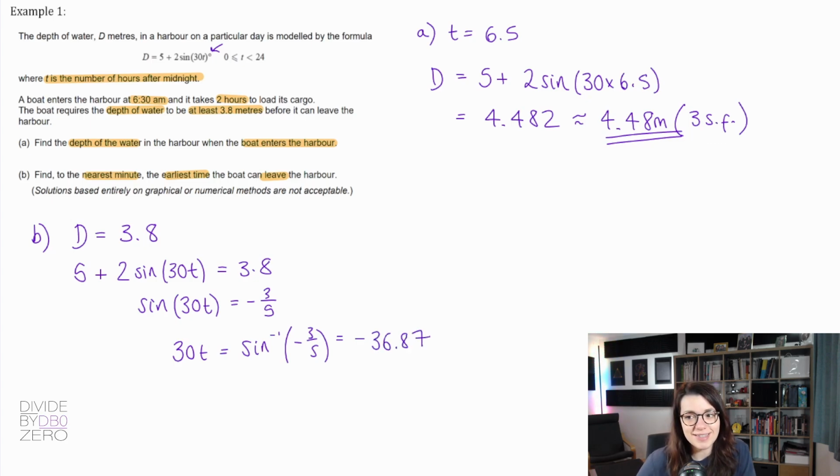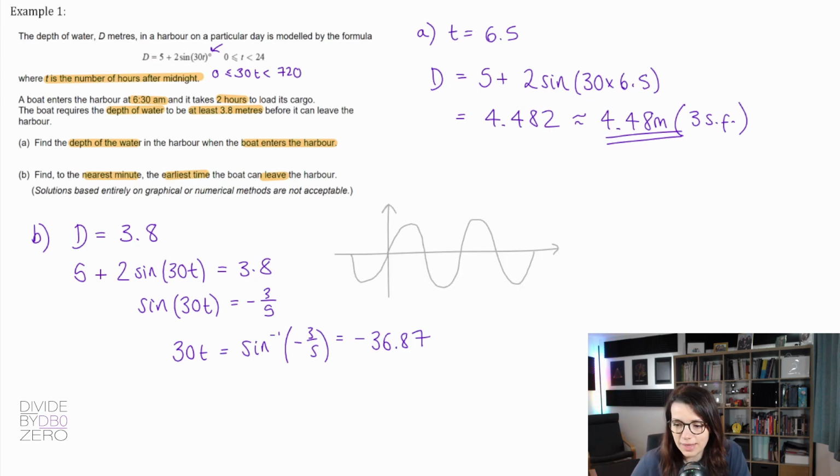Now, originally it said t had to be between 0 and 24. So if we amend that for 30t, we know that we need it to be between 0 and 720. So that means we'll need to look for some more solutions here. I usually use a graph. There's sine, negative 3/5. Lots of potential solutions here. First one is here. That's our negative 36.87. The next one along, I'll do 180 plus 36.87 and I get